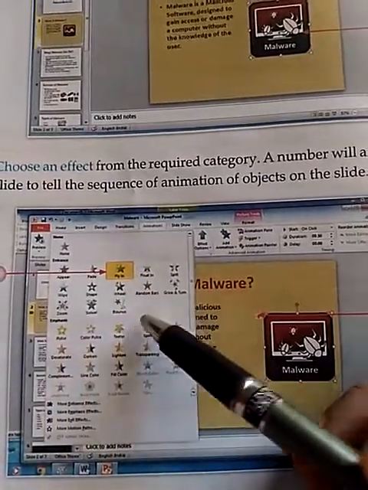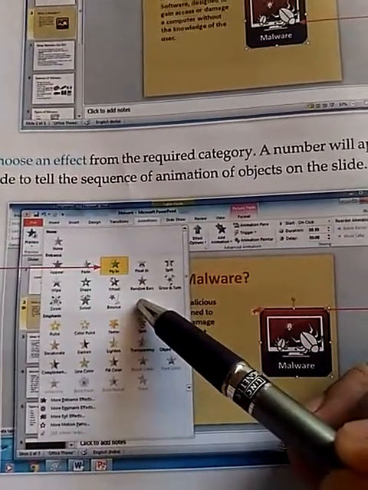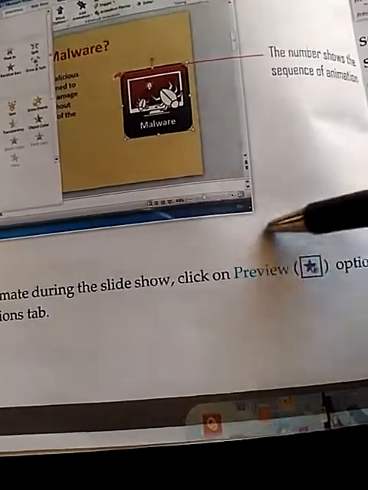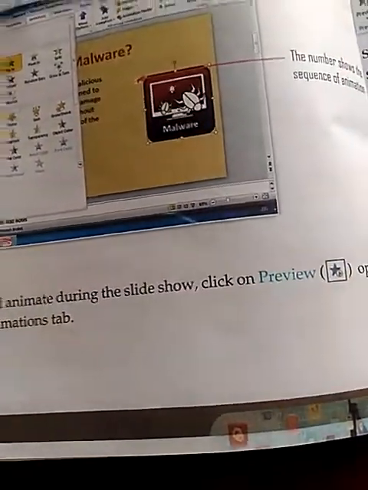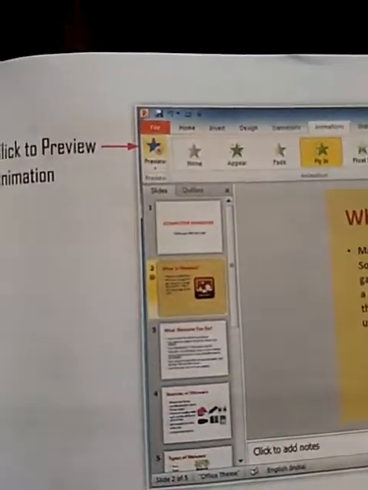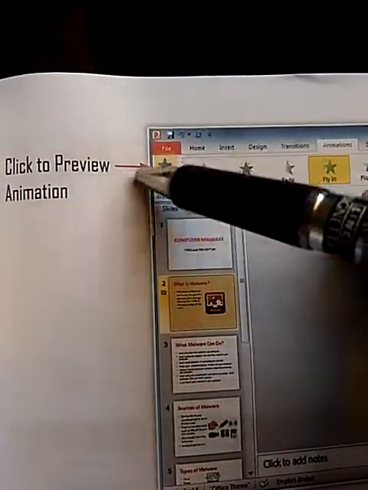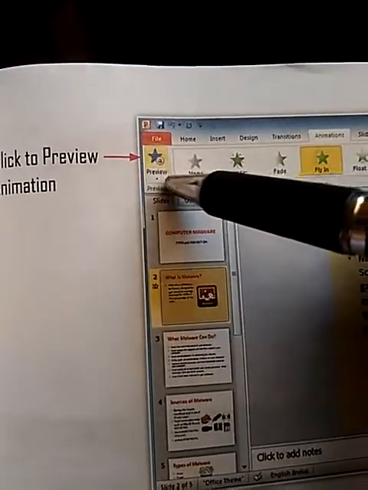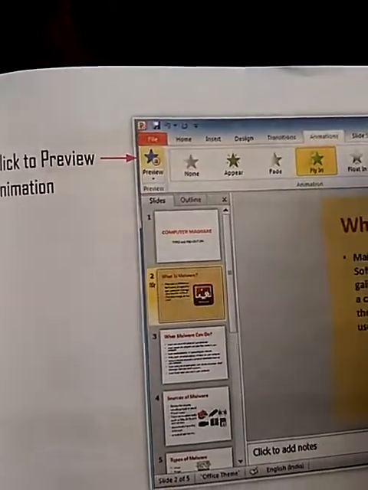Select any of the animation effects and after that click on the preview button to see the animated effect. Here you will find the preview button at the left corner of this animation tab.